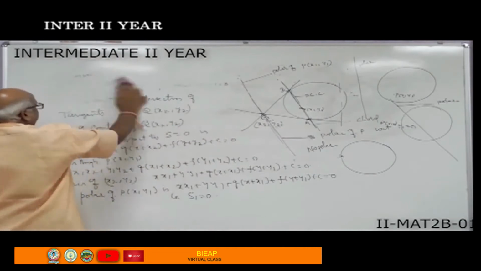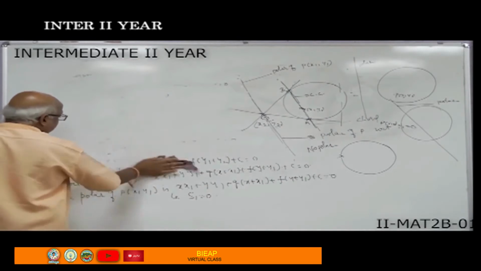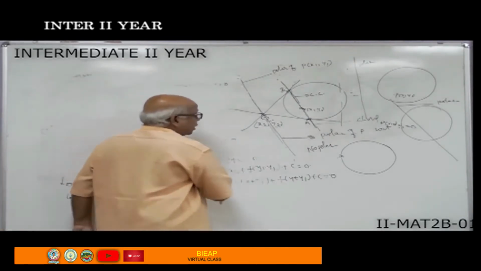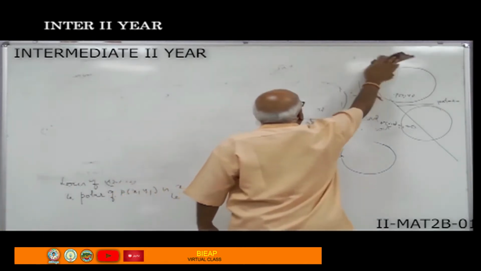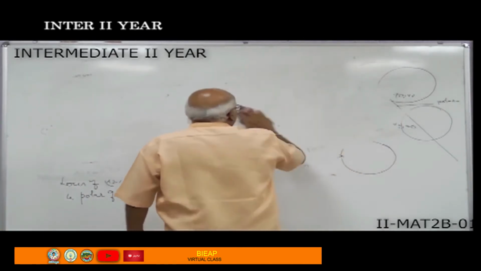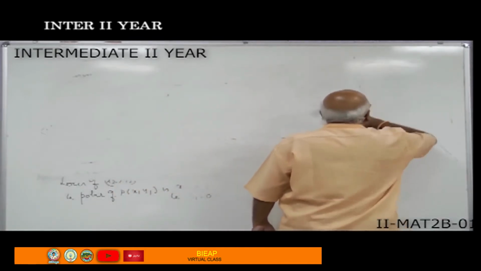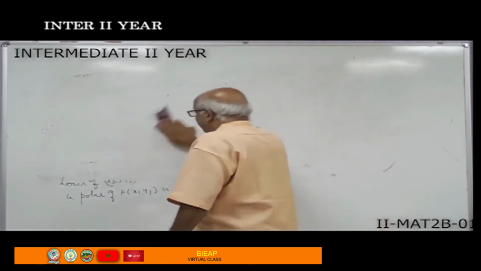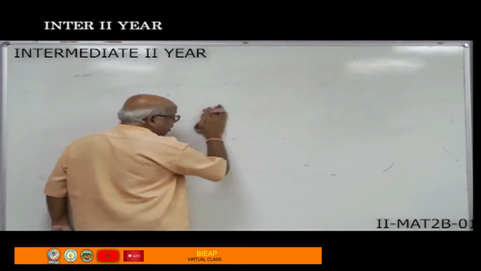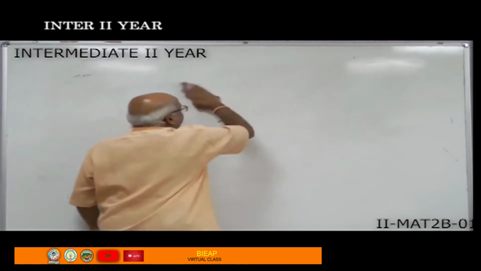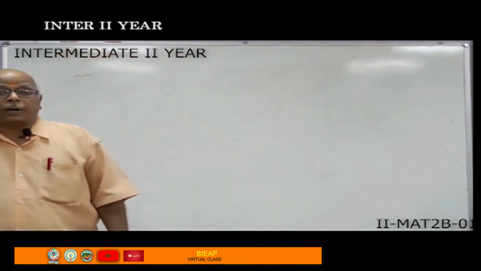Our next important point to be discussed is conjugate points and conjugate lines. What is a conjugate point and what is a conjugate line? Based on that, we can have a clear-cut idea. Conjugate points and conjugate lines will definitely differ. One is a concept related to points and the other is a concept related to lines. Then how to define conjugate points?